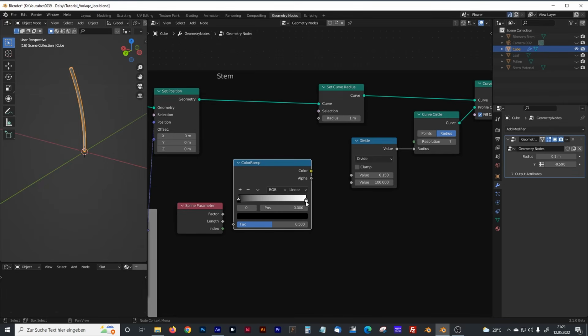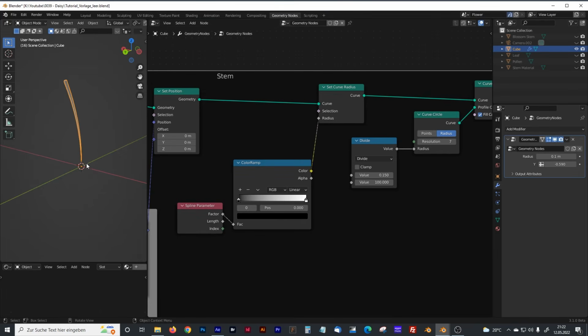I don't know. And the white color will be the opposite, so 0 and 1, or 1 and 0. And if we now connect the factor with the factor input and the color with the radius, we can see that it affects the radius of our curve from the beginning to the end,